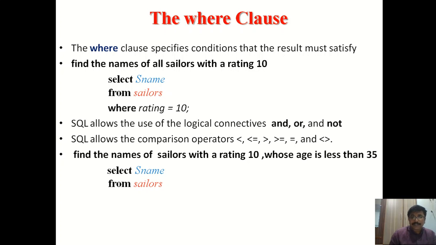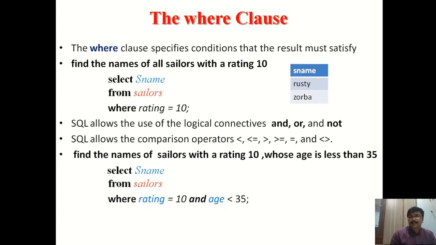Here we have a difference in the where condition, where rating is equal to 10 and one more condition we need to add. That's why we use the logical connective AND: age less than 35. So whenever these two conditions are true, it displays the output. The first query output shows the sailors who have rating 10.